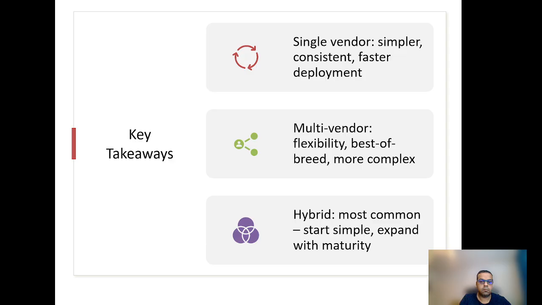And the hybrid approach is the most common in practice. So start simple, expand as maturity grows. These are the key takeaways when it comes to vendor selection, specifically whether to go for a single vendor, multi-vendor, or hybrid approach.